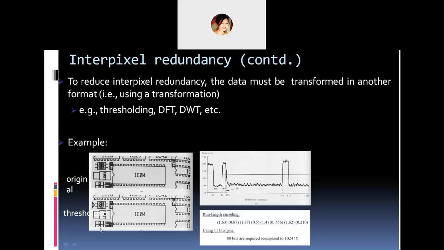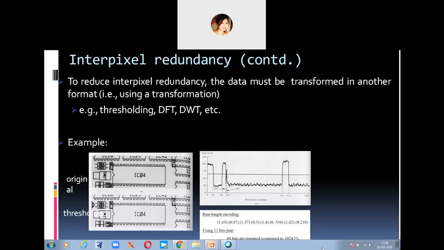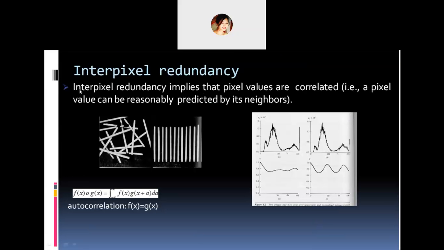This is thresholding. So this is the original image, and this is the output image after performing thresholding on it. This is the horizontal coordinate, shown in the form of a histogram, that is, these are the gray levels of the original image. Then this is run length encoding. This we will get into later on. I won't explain it now, you won't understand.